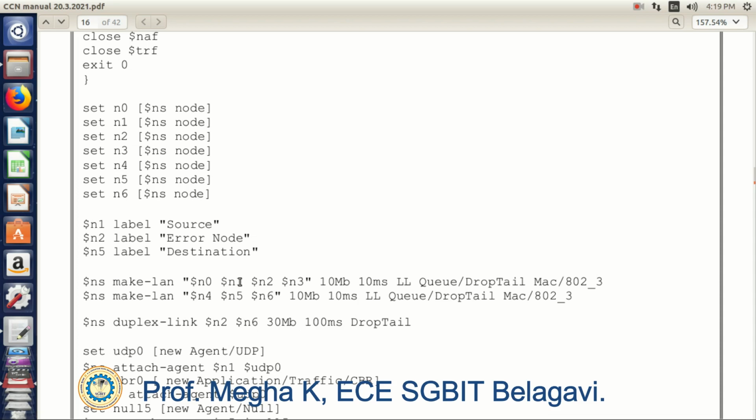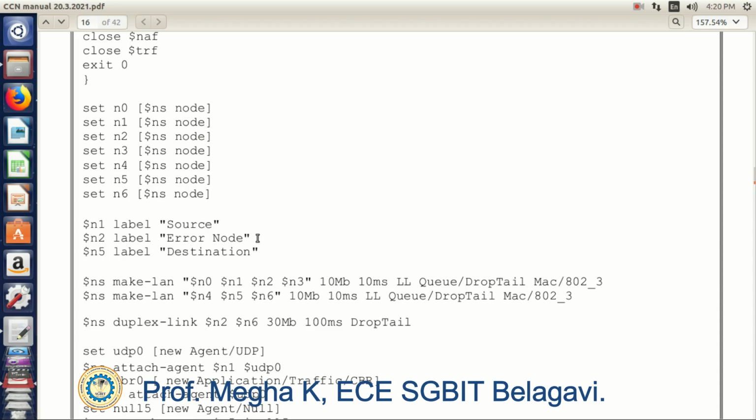First, the sender node will broadcast the packets to all the nodes. The intended receiver will receive the packet and the other receivers will discard the packet, and those discarded packets will be discarded through some error node.